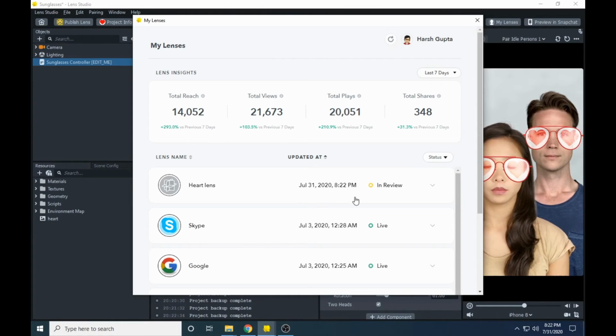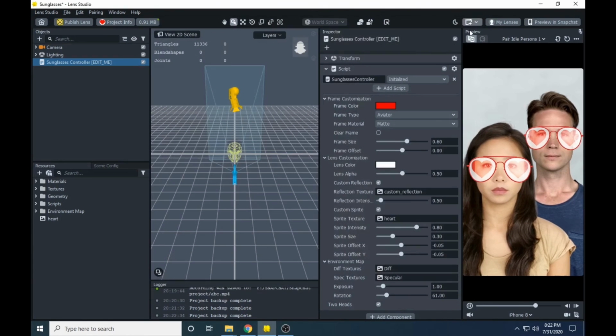When it gets approved, it should show live like we have seen here. After 5 or 10 minutes it will go live, and if not, then they will mail you that it has not been published. Okay, so congratulations, you have made your first ever AR augmented reality lens on Snapchat with Lens Studio.